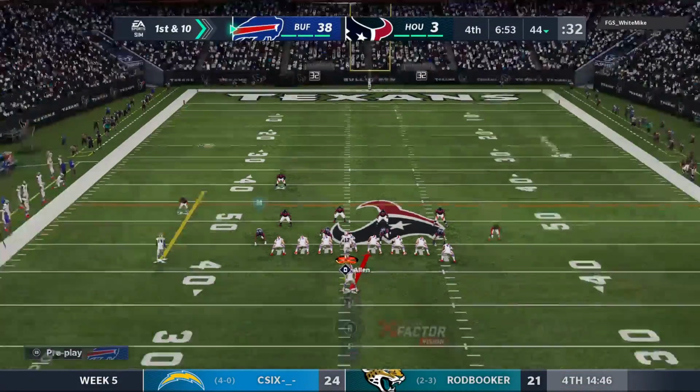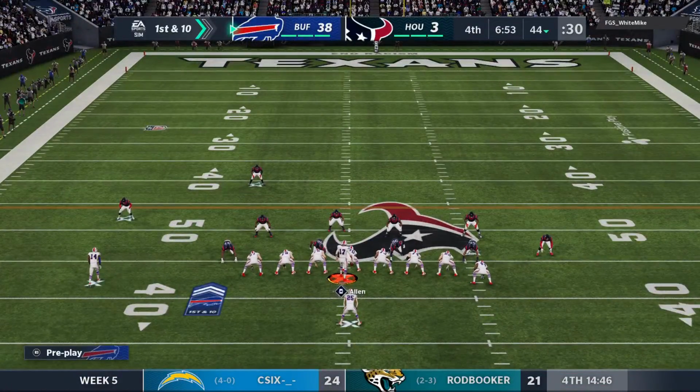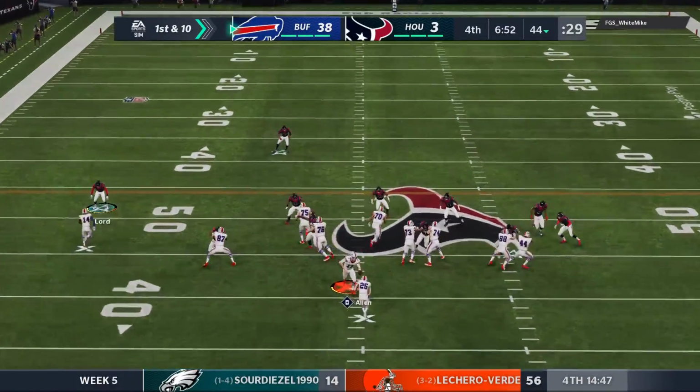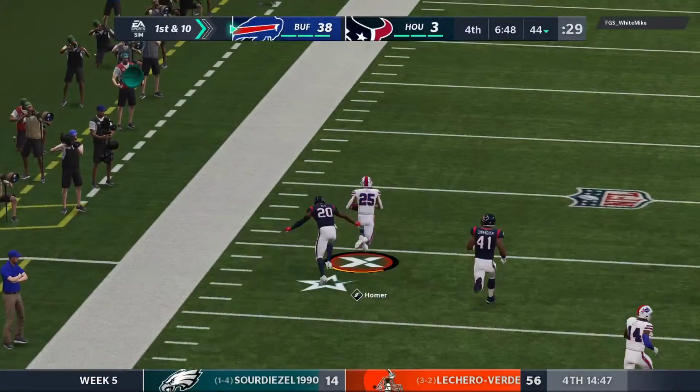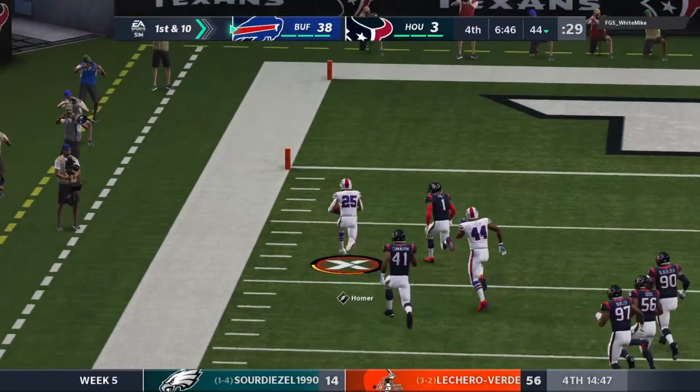The Bills come to the line to start their next drive, and this game comfortably in hand. The scoreboard speaks for itself, but you still got your starting quarterback out there. When do you go to the backup, let him get some time? And that's one of the great questions in the NFL, Brandon, because I'm just going to...